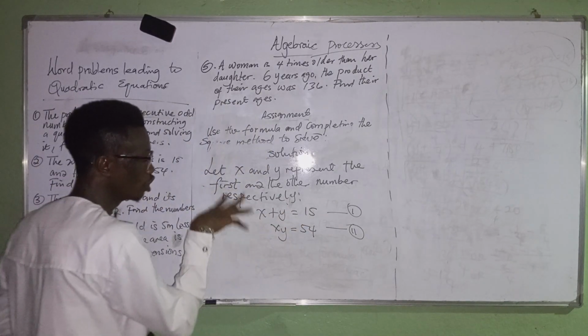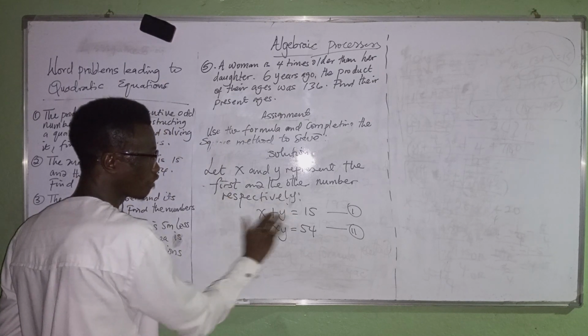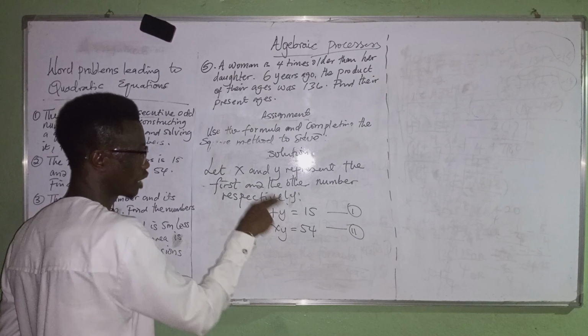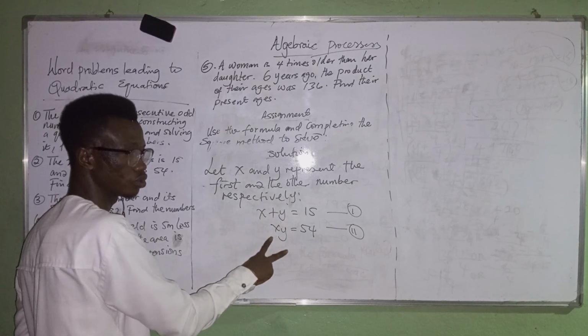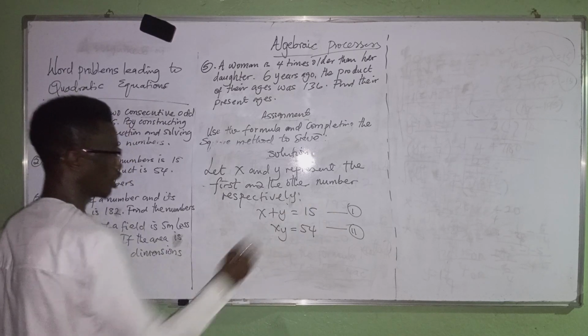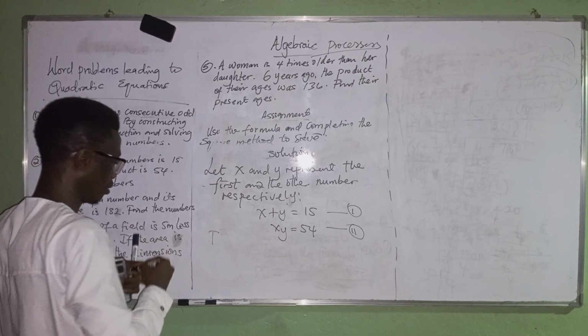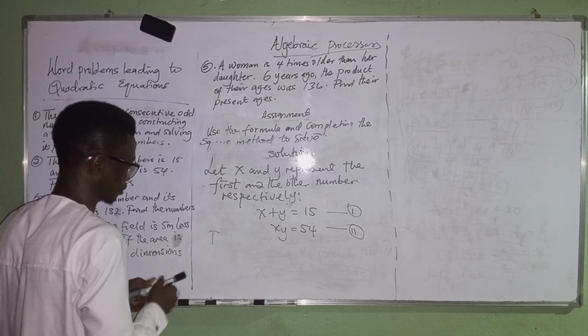So because of that, you are going to make one of the letters here subject of the relation. And once you get that, you substitute into the other equation. So you say from equation 1,